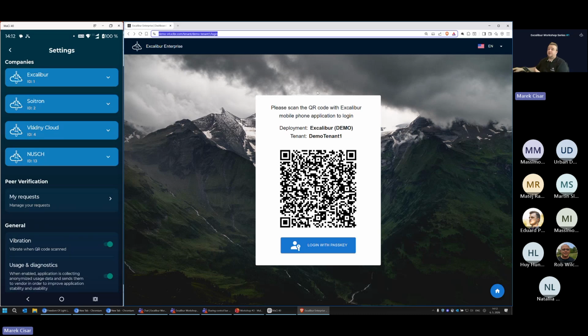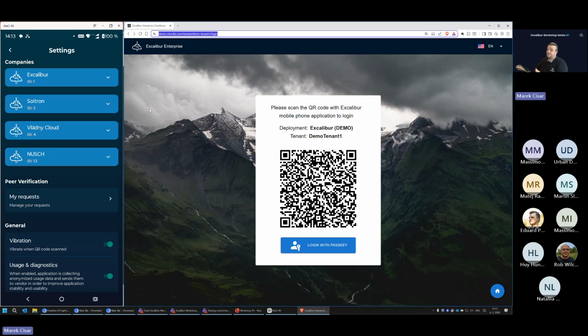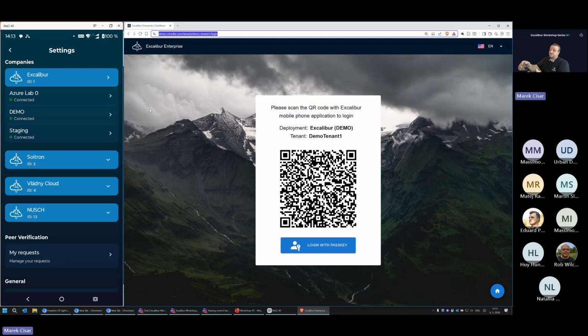So as you can see, those blue sections are the customers. And each customer also can have multiple deployments or application instances running. Each application instance can be configured in such a way that it consists of multiple tenants. For example, let's check the Excalibur company. Currently, I have multiple user accounts registered in different deployments or application instances.